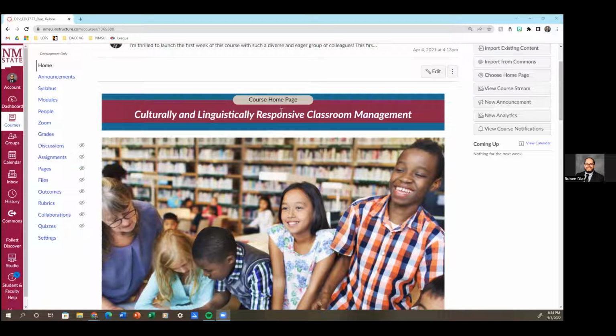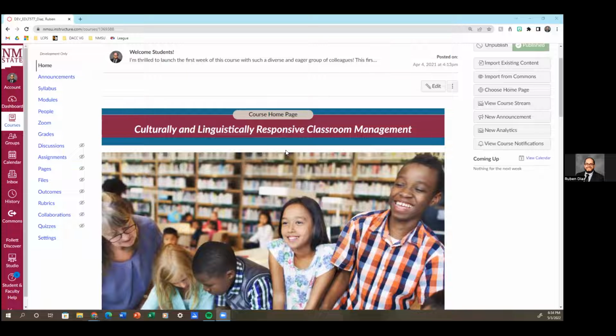I think we all maybe tinkered with it a little bit, but when you're editing content in Canvas, and specifically through NMSU's Canvas suite, because I've noticed that is a difference, you can click on Design Tools, and there are so many options for themes and different headers and layouts that you can use. I'm really happy with the one I ended up finding and the color scheme that I chose.